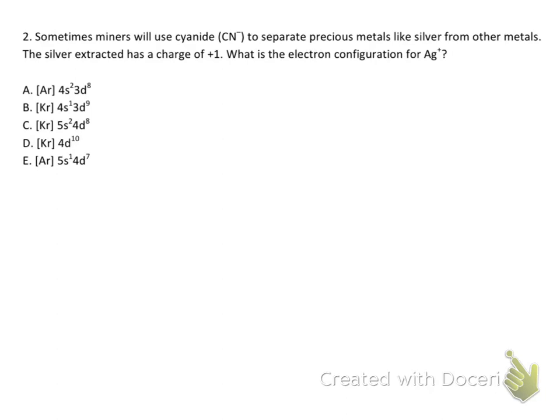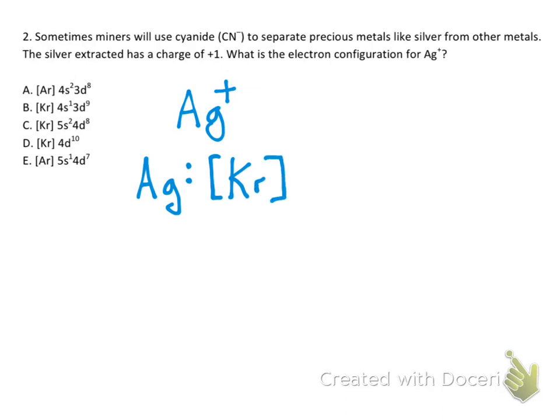This question is asking us about silver. So cyanide is often used to leach precious metals. And here, particularly, we're looking at a silver +1 cation, which is Ag+. So anytime you want to find the electron configuration of a cation, always start by writing out the electron configuration of the neutral element first. So, for silver, it's got a krypton core, and then it's going to be 5s1, a little bit of a twist there,